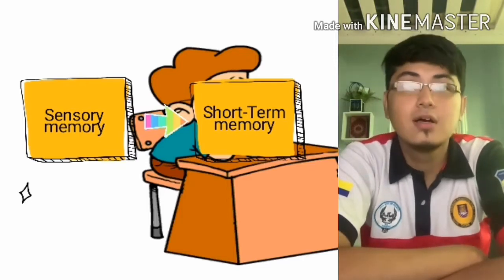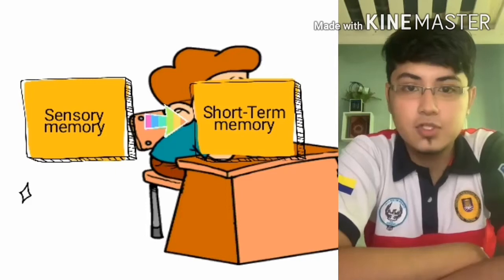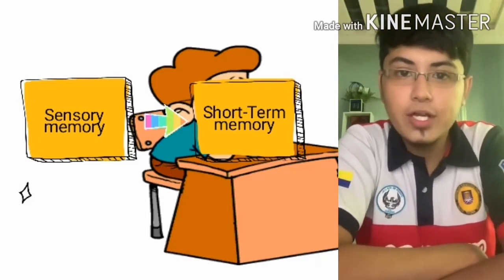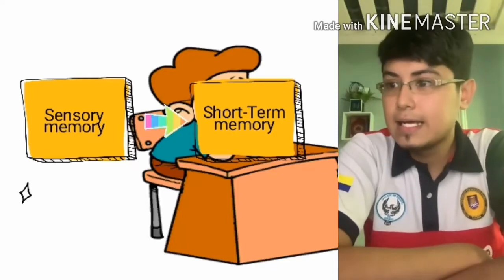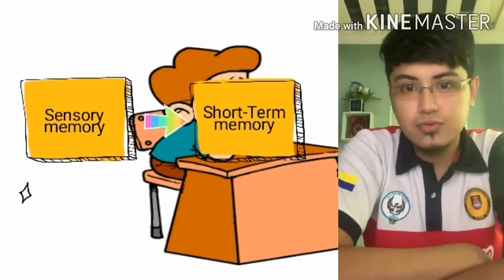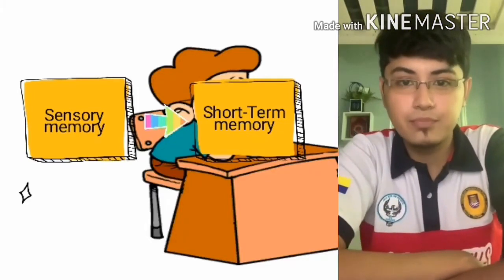Second is short-term memory. Short-term memory is the memory that we need to remember for a short time, maybe because it is unnecessary for us to remember it for long. For example,